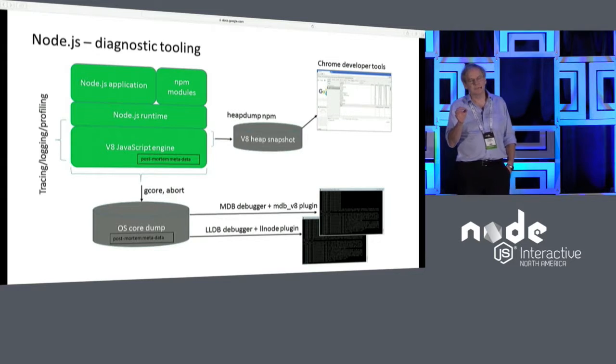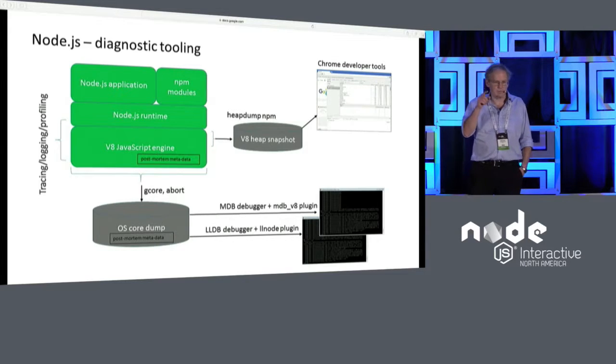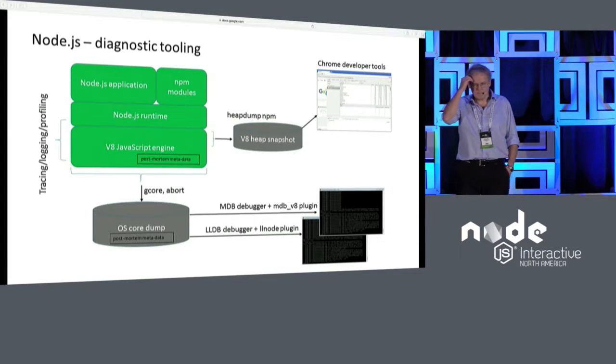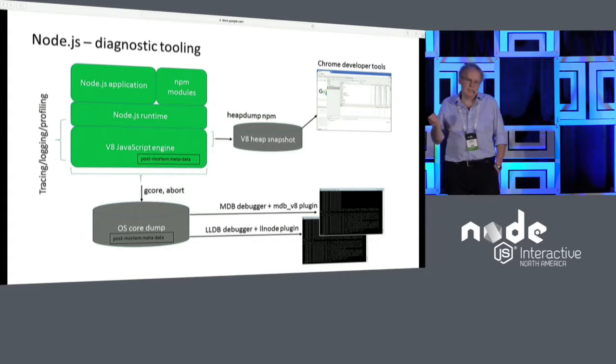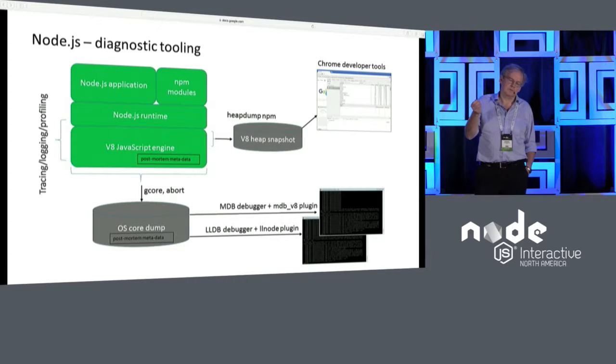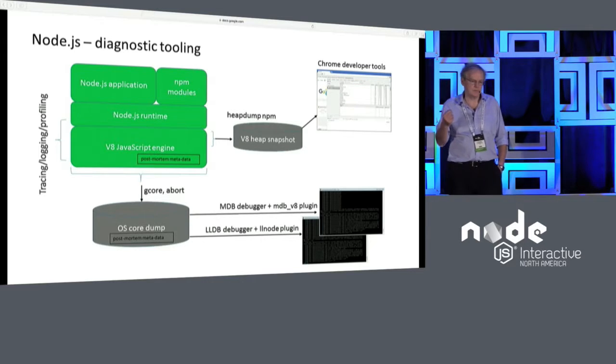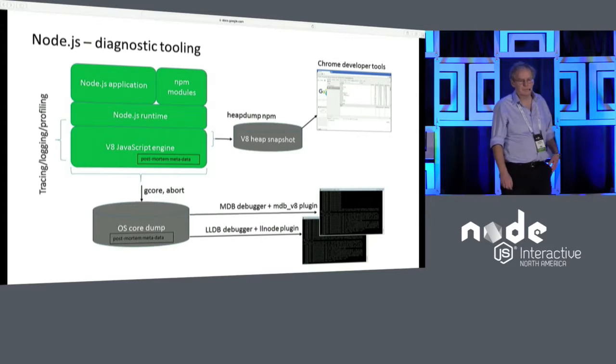So that's kind of pointed to the sort of nice tooling end-to-end story we want with core dumps, but we don't have that yet. On the left-hand side, something I'm not going to talk about so much is what you can do with a live application in terms of tracing, logging, and profiling. Because there's another working group, which was called the tracing working group, now called the diagnostic working group, and they're doing some good stuff, Ali Sheikh in particular, on adding low overhead tracing capability into V8, and hopefully we'll be able to use some of that in a production deployment.